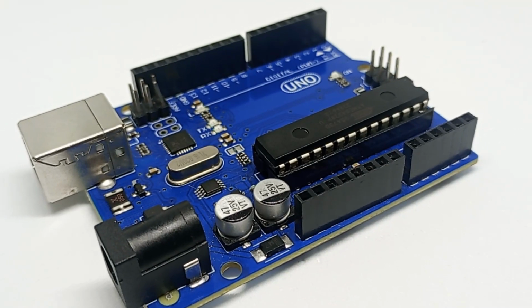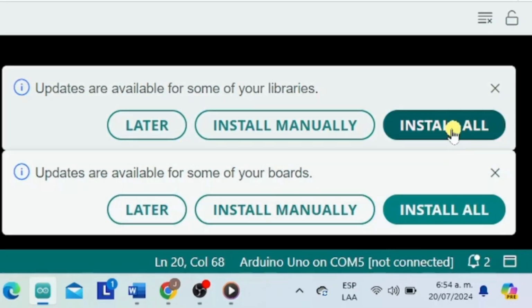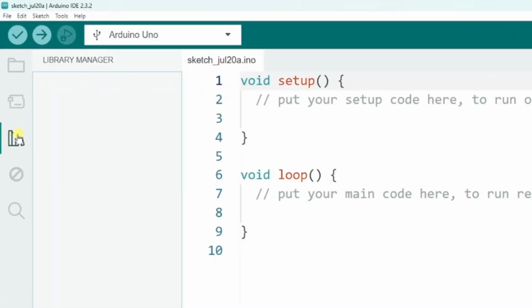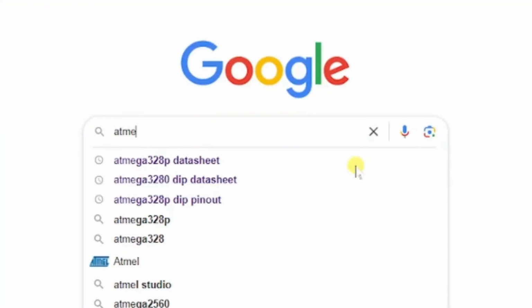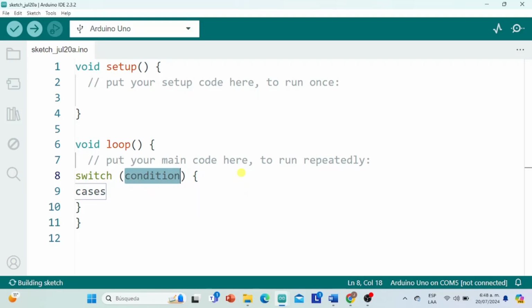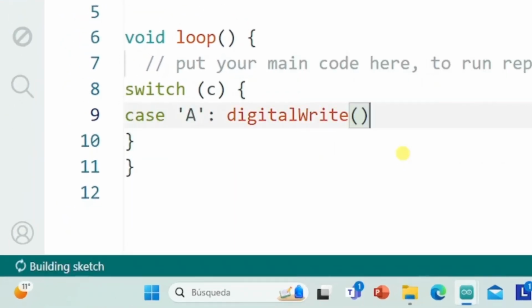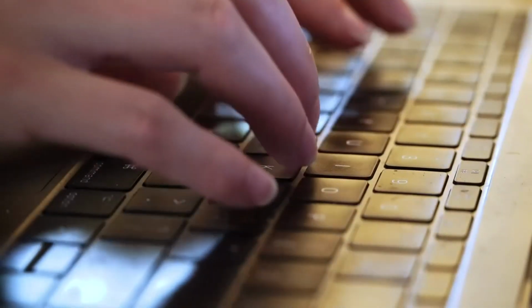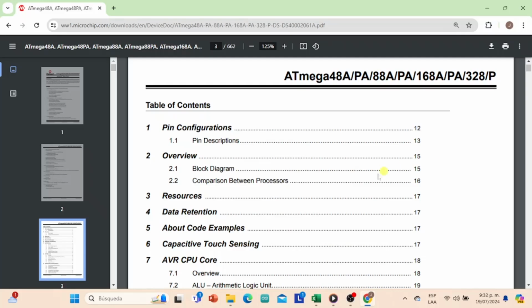More than 2 decades ago, when the Arduino development board did not yet exist, and before the development of digital electronic systems was open source, and before we had multiple tools and libraries available to choose from, to program microcontrollers like the Atmega 328P back then, our main and almost only source of information was the datasheet. And since our main programming language was not a high-level language like the C++ that we used in an Arduino sketch, but rather a low-level language like assembler, or assembly language, we were almost obliged to know in good detail